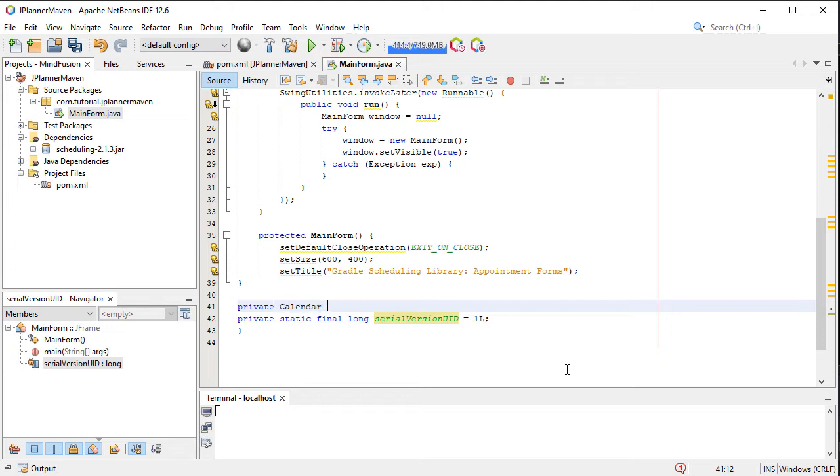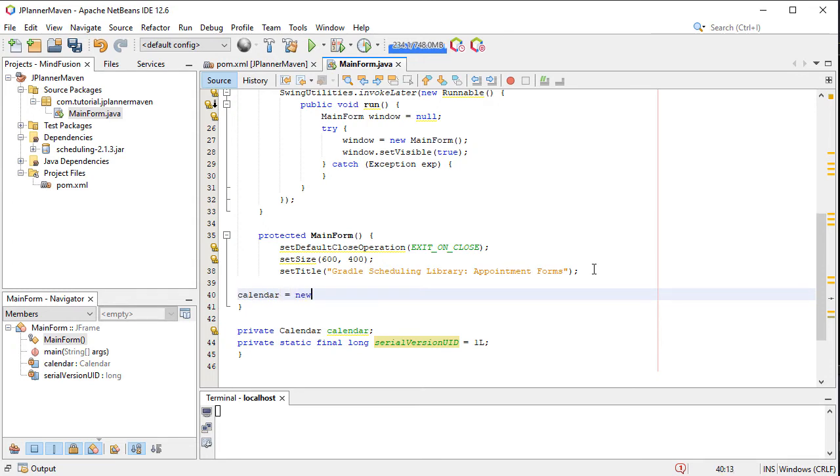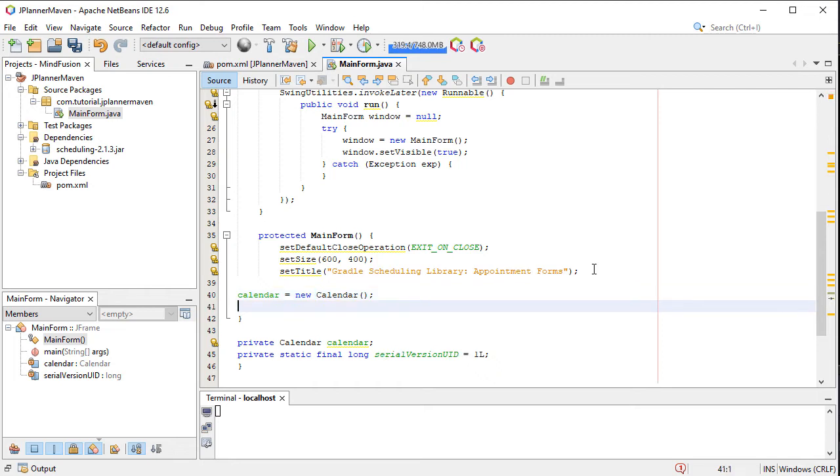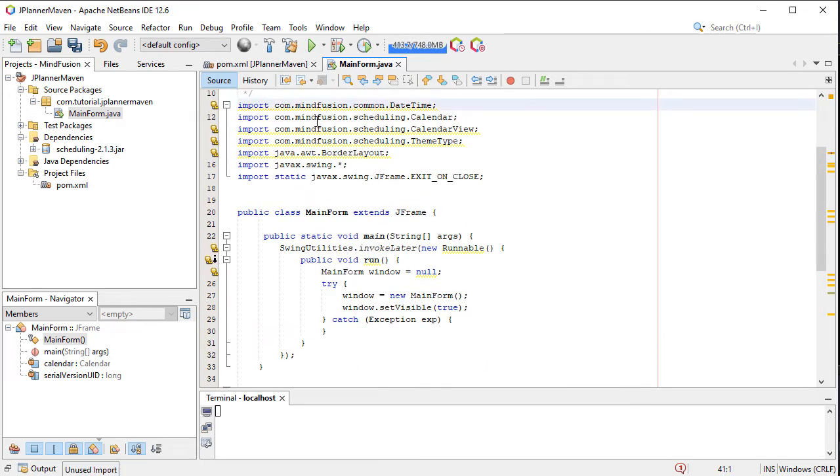We declare a new calendar variable. In the constructor, we are going to create the new calendar instance. We have imported the scheduling classes that we need.